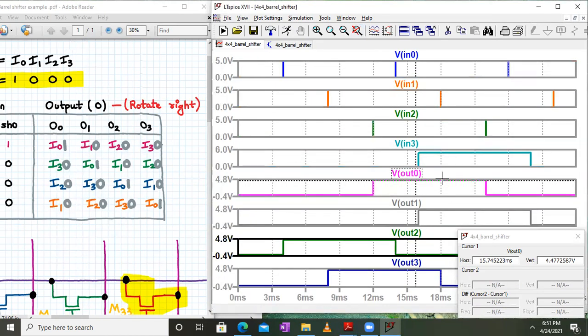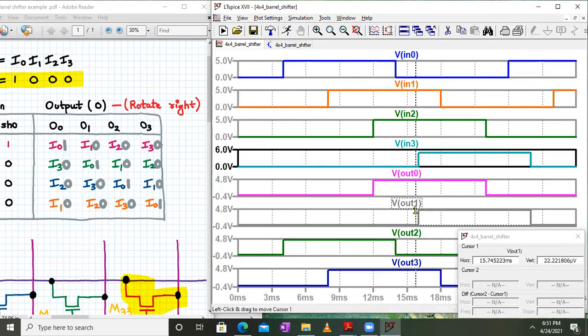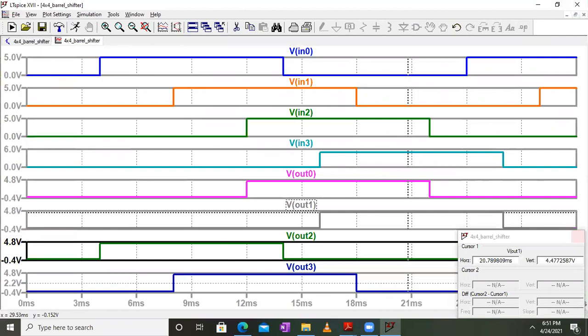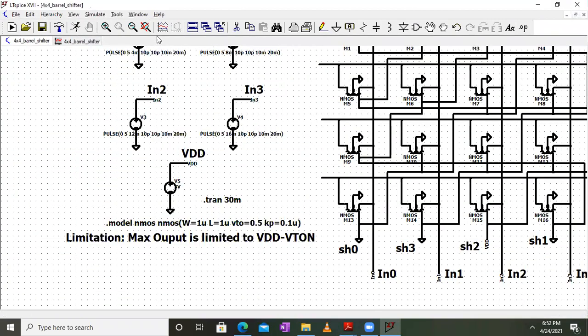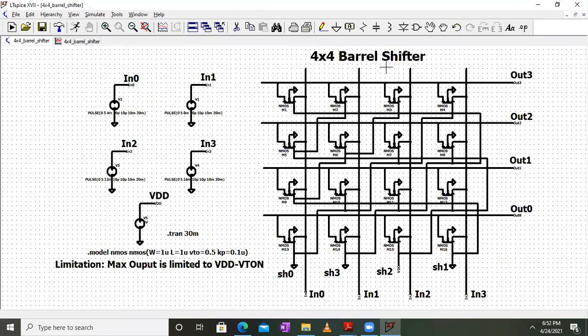Let me check some other case for output. Here what are we getting? For logic 0 we are getting 22.22 microvolts, but for logic 1 we are getting 4.47. So logic 1 is getting degraded by this technique because we are using NMOS pass transistors. In this way we can carry out the 4-bit shifting operation using a 4x4 barrel shifter in